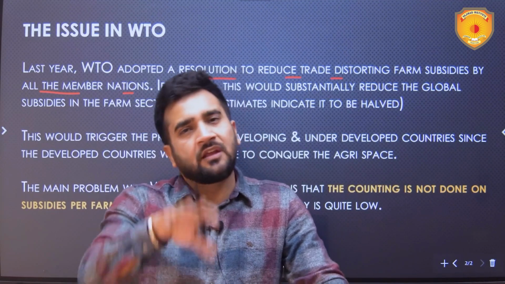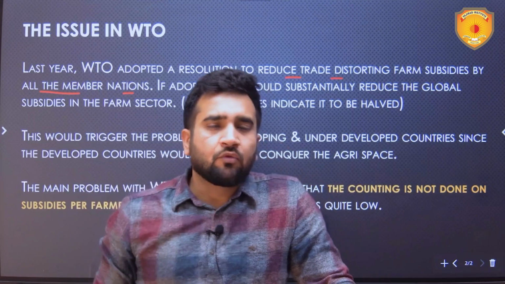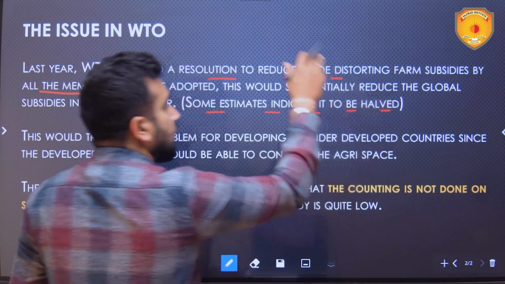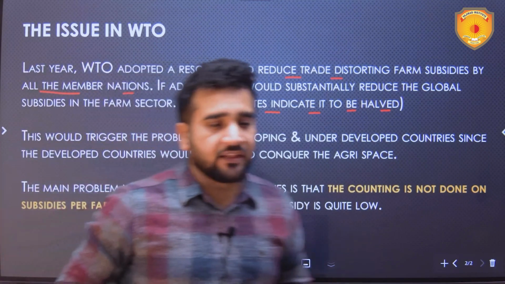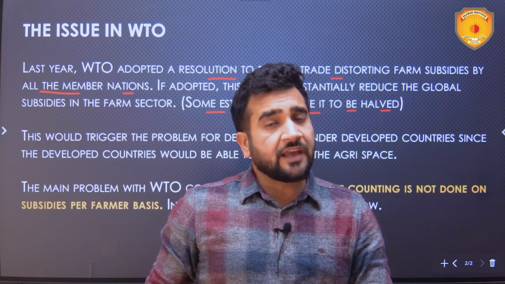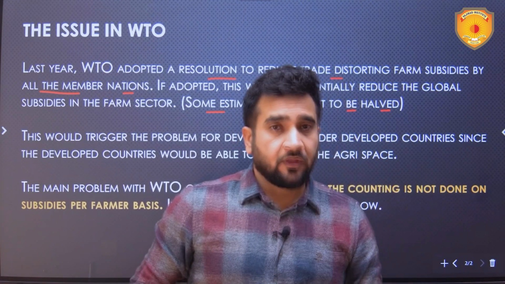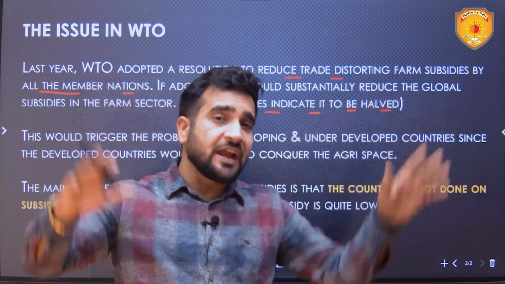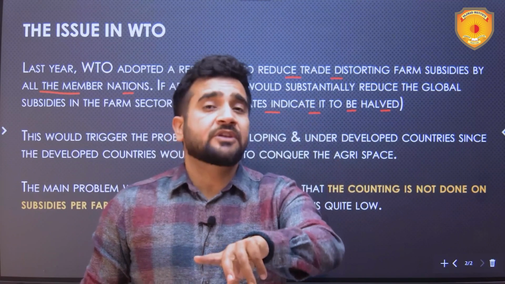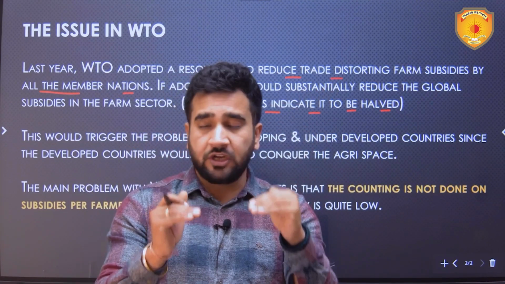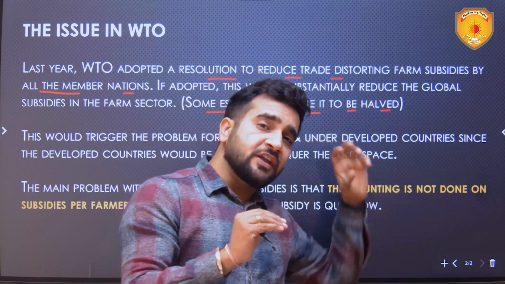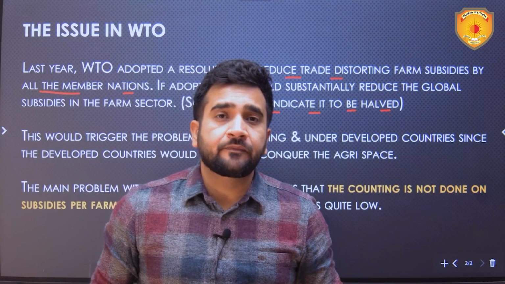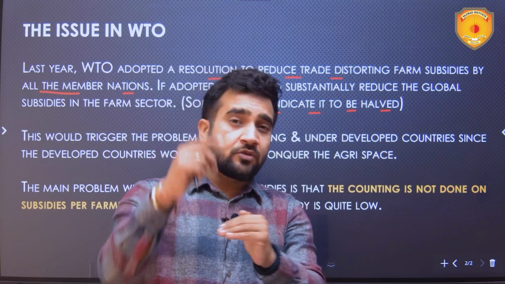And last year WTO said that we are not able to find a solution, so we will be going for reducing the subsidies given by the countries to the farmers. According to some estimates, it would reduce the subsidies to half. Now, in this scenario, the developing countries are worried. Worried because the farmers in developed countries, who have large land holdings, even without the subsidies, will be supplying food crops at cheap prices. And since subsidies are reduced in developing countries as well,